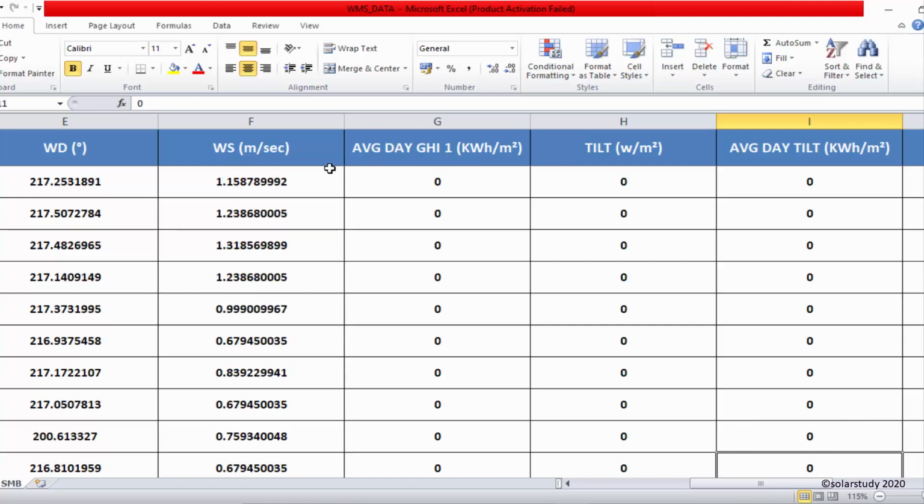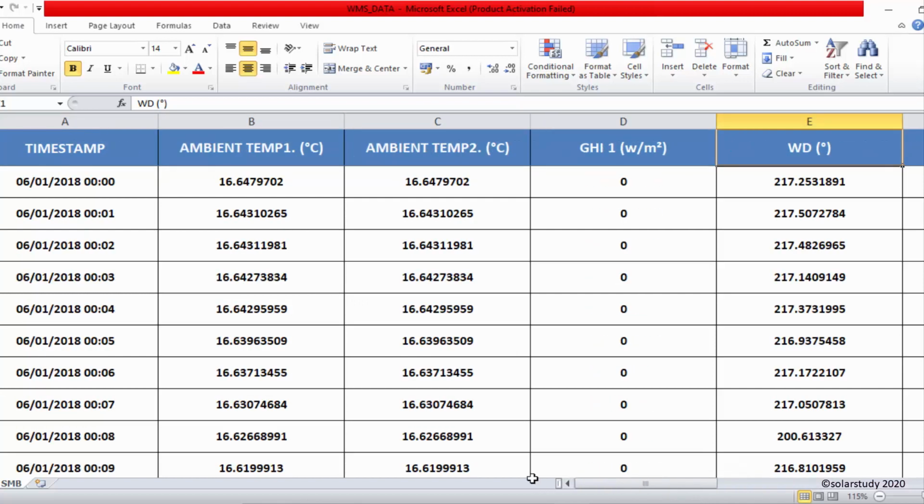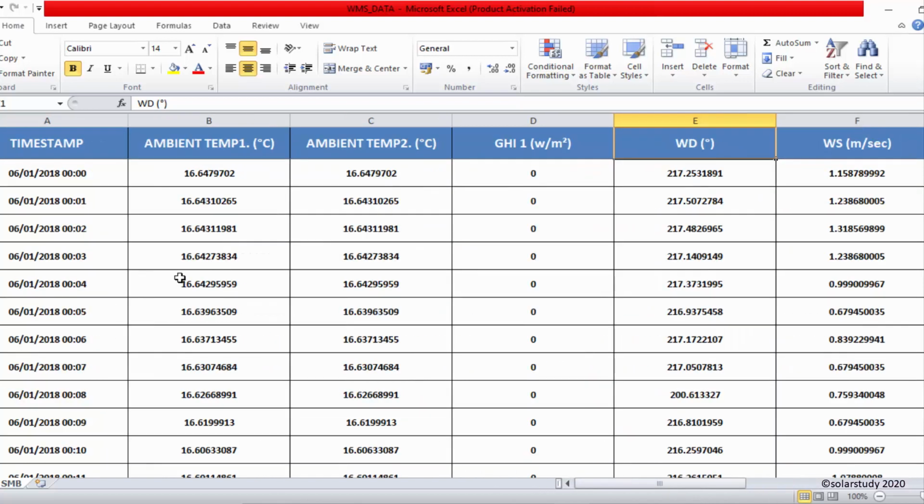So here, one is irradiation in milliwatt per square meter, then wind speed data. Sorry, I will start from the timestamp. Then ambient temperature 16 degree, and there are many temperature sensors, so ambient temperature 2, then GHI, global horizontal irradiance, that we have seen.